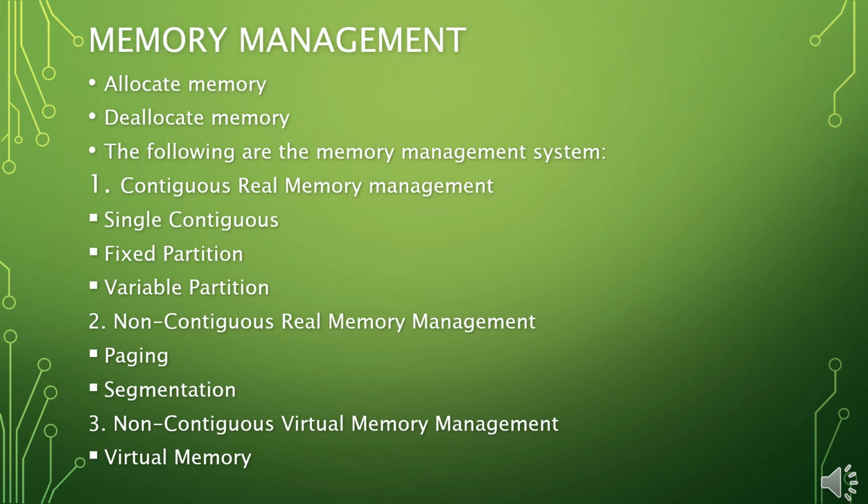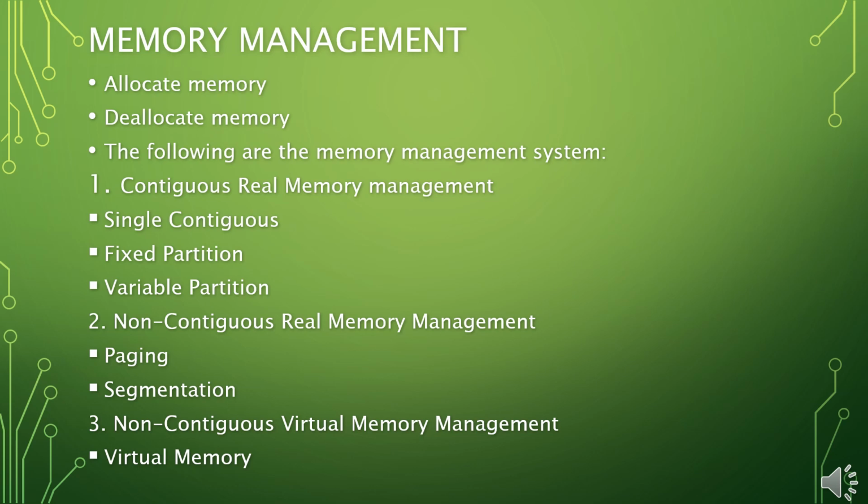As we have learned, the memory management module performs the following functions: to keep track of all memory locations, free or allocated, and if allocated, to which process and how much; to decide the memory allocation policy, that is which process should get how much memory, when and where; and also to use various techniques and algorithms to allocate or deallocate memory locations. Therefore, this is achieved with the help of some special hardware.